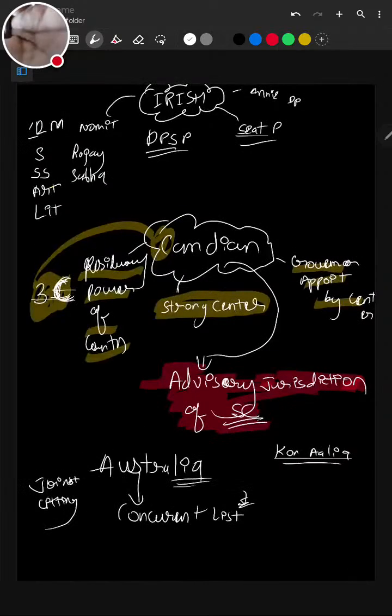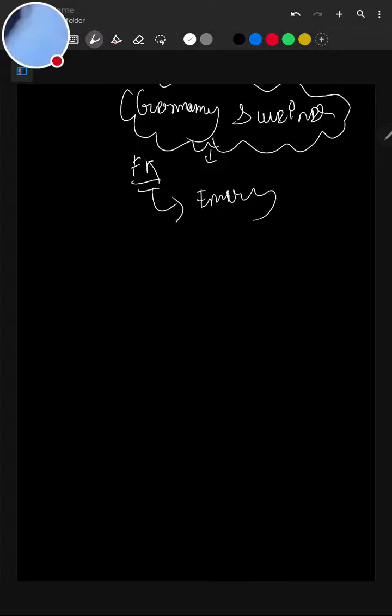Then there is Germany, or you could remember it as Weimar. So Germany has the one, which is emergency, in 1935. Here the emergency is on if there is any law which is made which breaks your fundamental right, then you can enforce an emergency. That is in this, right? Germany. Now going to Russia.